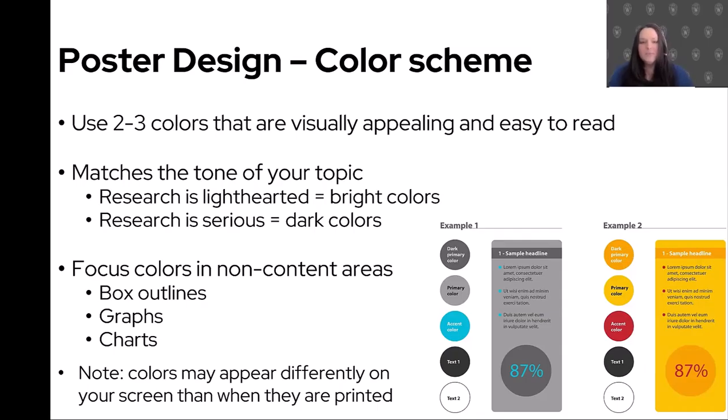And then just keep in mind when you are picking colors, you want to make sure they're accessible. So, colorblind friendly. And then keep in mind also that when you print it out, the colors might be a little different than what they look like on your computer. Your computer has all of these pixels. They look really, really great. But when you print it, they might be a little duller. So one thing you can do is just print it on a sheet of paper and see if the colors still stand out, if your text is still readable before you print it on that big poster.